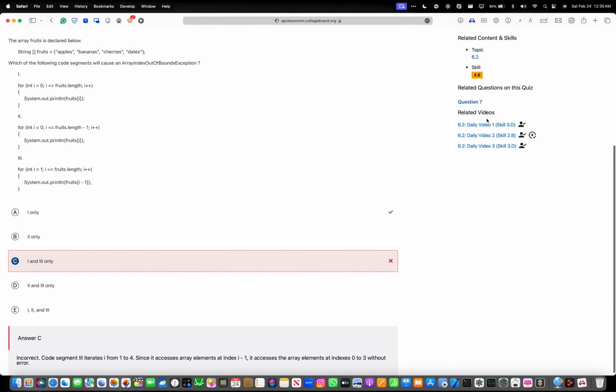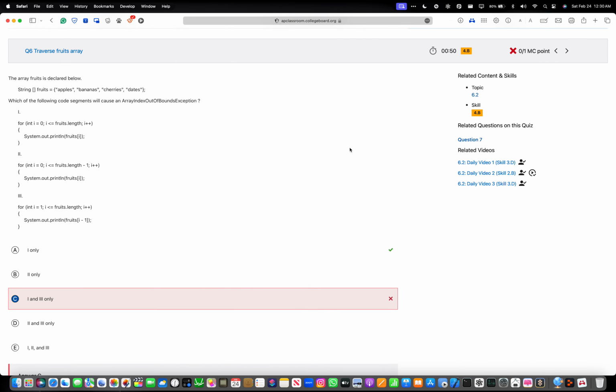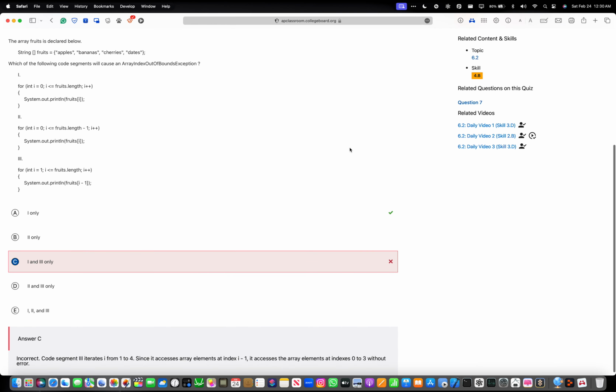So now, next one, 6. The array fruits is declared below. Which of the following code segments cause an array index out of bounds exception? So this one, I put 1 and 3 only, because